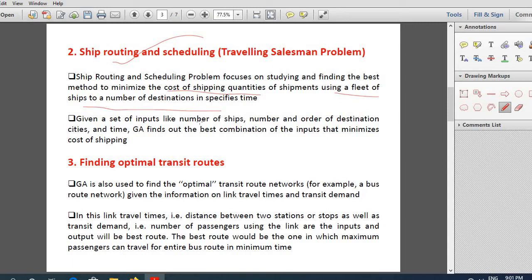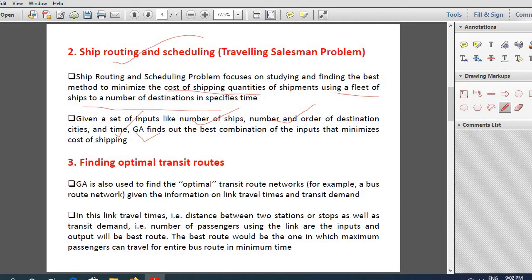The set of inputs will be the number of ships, the number and order of the destination cities where the materials are required to be provided, and the time taken for shipment. Given these inputs, how can we select the best combination so that the total cost of shipping is a minimum? This is again an optimization problem which can be easily solved using GA.